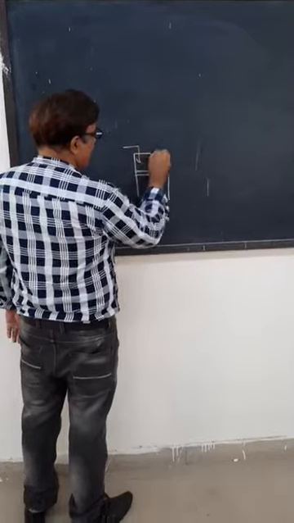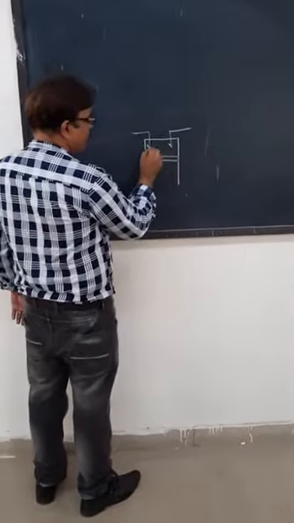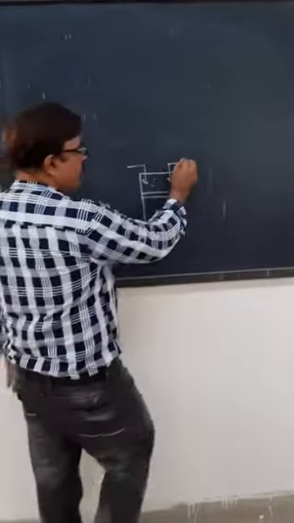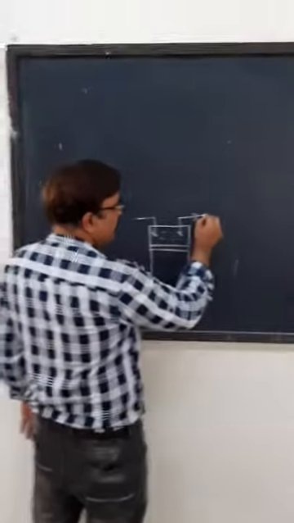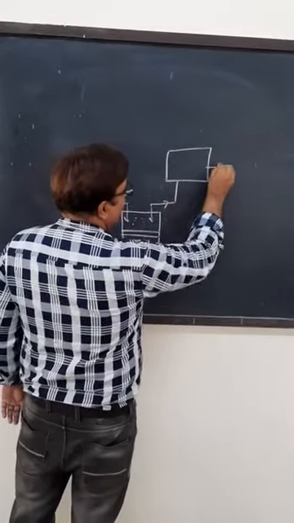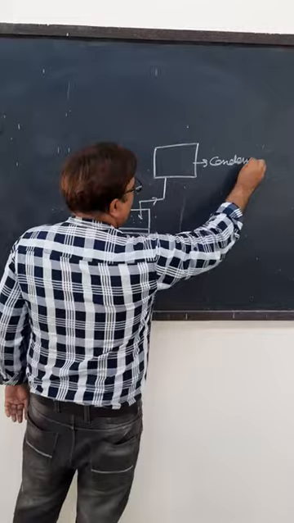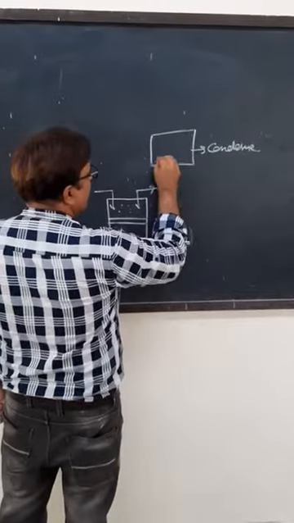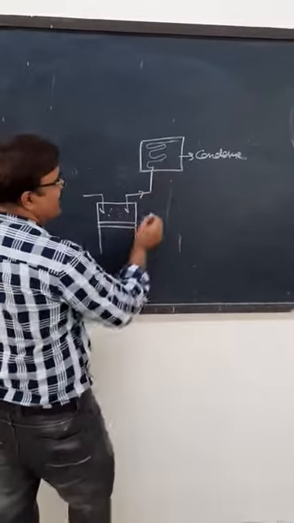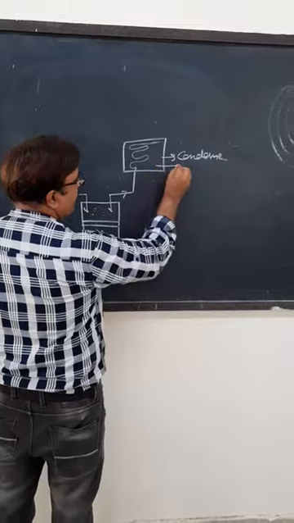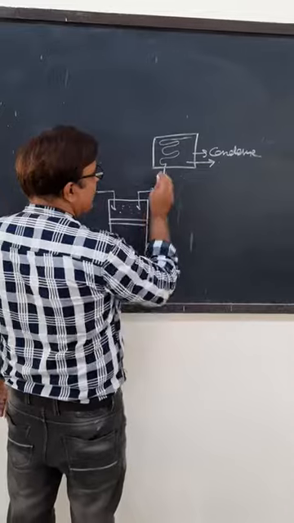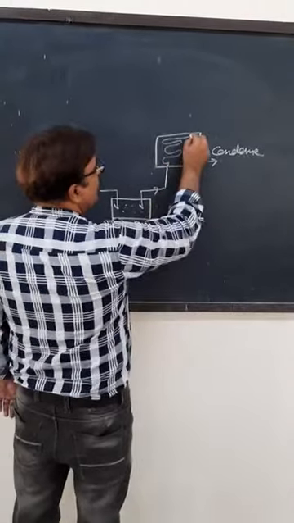Look at here. Low pressure and low temperature refrigerant is coming inside this compressor, and after compression, high pressure and high temperature refrigerant is supplied to the next component, the condenser. When the high pressure, high temperature vapor passes through this condenser, there is a phase change at constant pressure because it supplies heat to the surroundings. In this case, the vapor refrigerant is converted into liquid refrigerant.